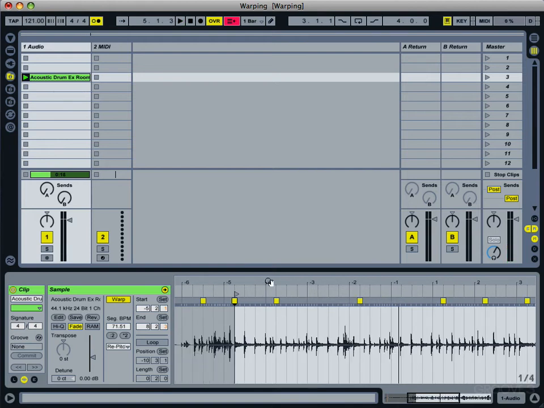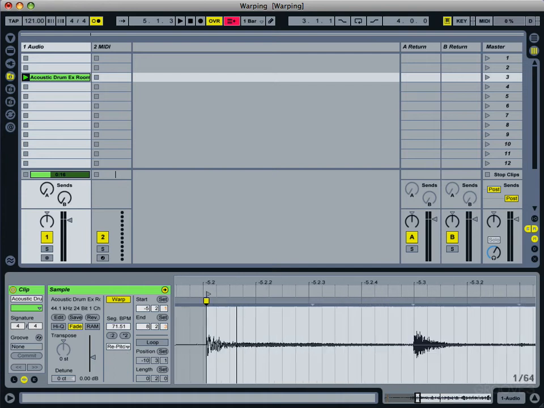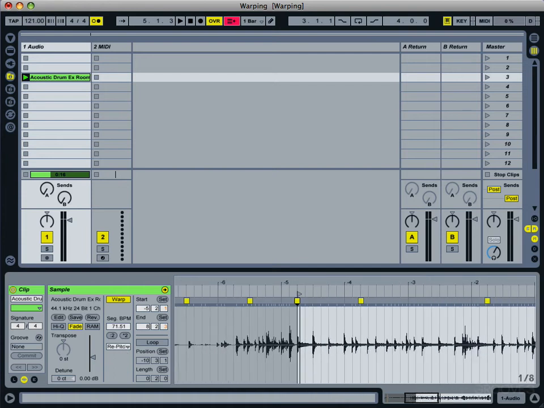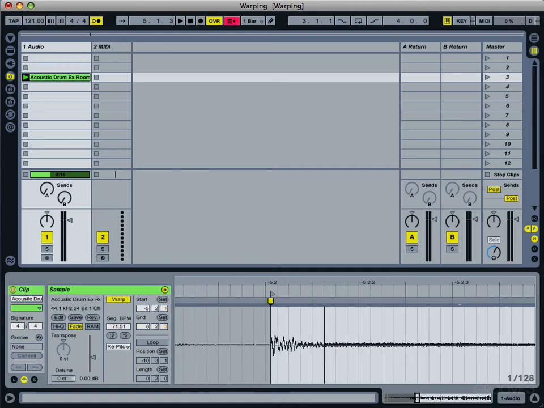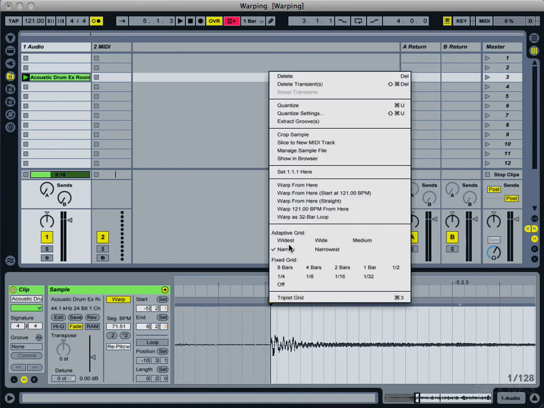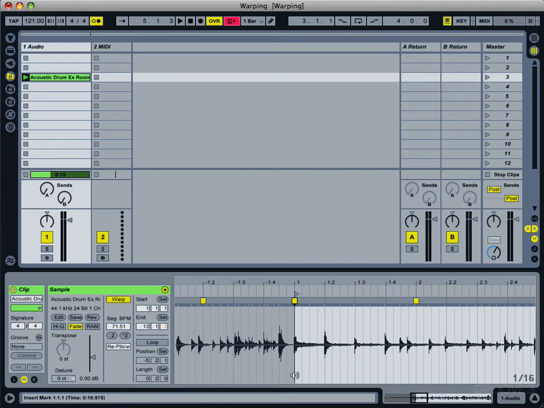You can hear it's also pitched up quite a bit. That's to do with the warp mode that we have chosen here. We're in repitch mode. Don't worry about that for the moment. We'll look at that in a separate tutorial. But you can see it's also moved the first bar marker there. So we'll just have to set 1 here again. And